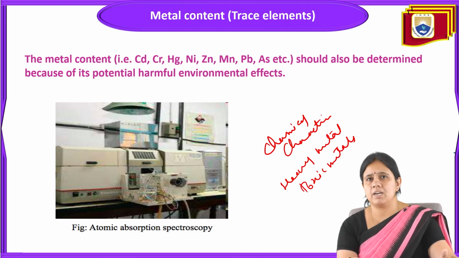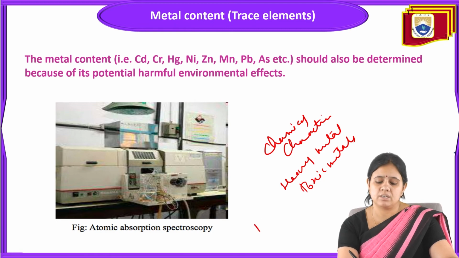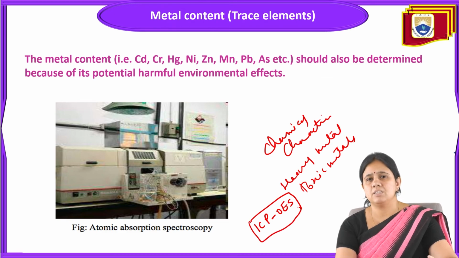This metal content can be measured by atomic absorption spectrophotometry, and another method is ICP-OES, but this is quite an expensive method that is not available everywhere. But generally in CPCB and in the municipality, this AAS is available. So mostly AAS is used to detect the metal content in the waste, and to understand the harmful and toxic effects related with this particular waste.